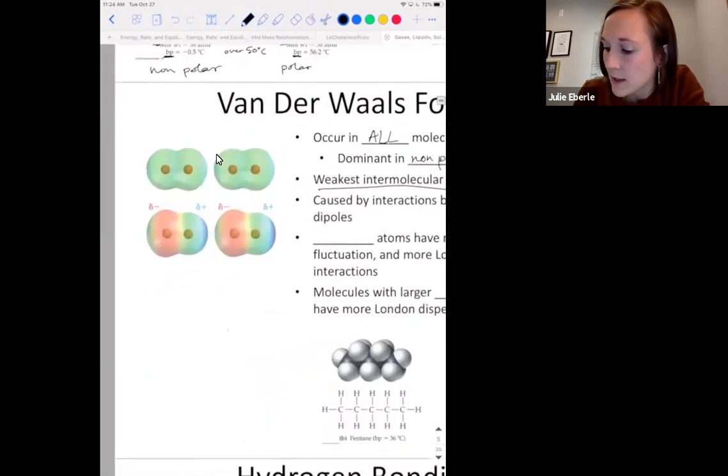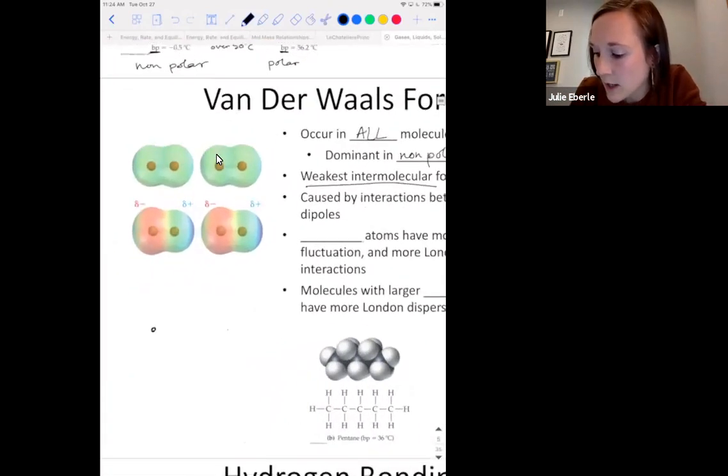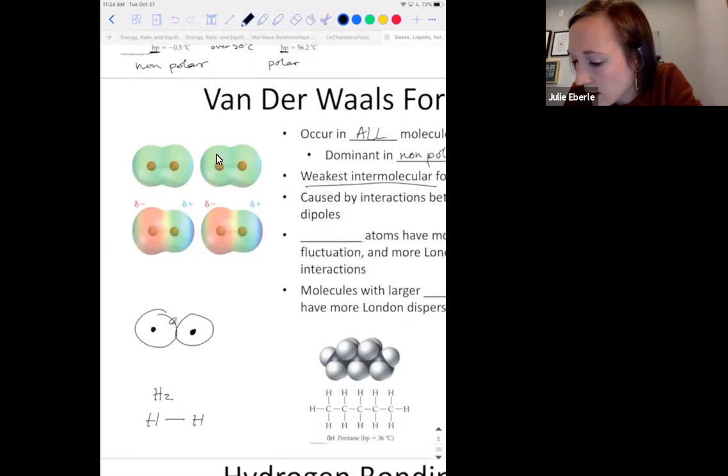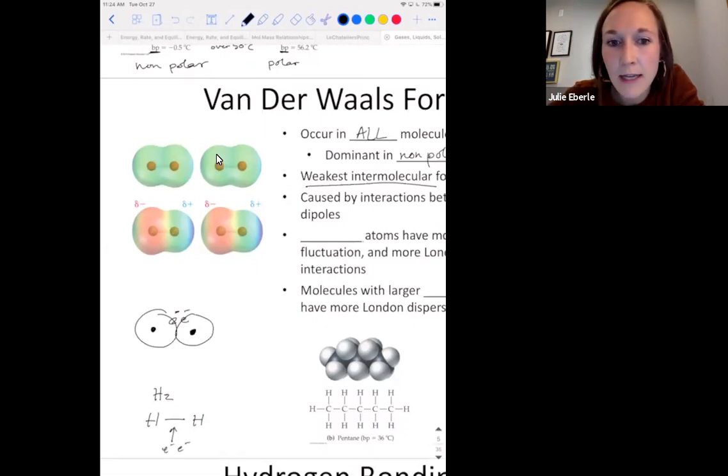Let's draw a picture. If we have two atoms, let's just say hydrogen. Here's my nuclei. Here's the electron cloud. And we know in a hydrogen molecule, H2, we have a bond between these hydrogen atoms. There's the bond. I'm drawing the picture up here, and we often draw electrons sitting nicely, nice and still, right between the hydrogen atoms. But do electrons sit still? About as still as probably my 2-year-old, okay? They don't sit still.